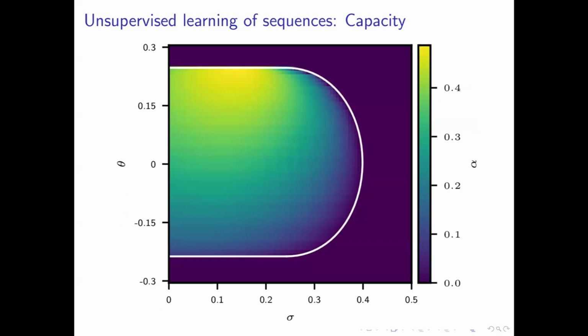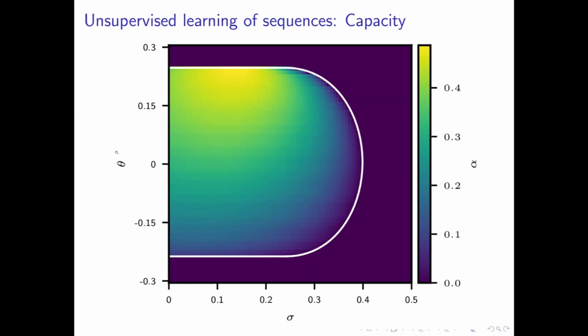Okay, we can also do things like computing storage capacity. There is a long tradition, especially in the statistical physics community, of looking at the capacity of different models. In particular, the capacity, as expected, scales: the total number of patterns that you can store, which would be the number of sequences times the number of time steps in the sequence, scales as the number of plastic connections per neuron. This is a kind of general result in this class of models.